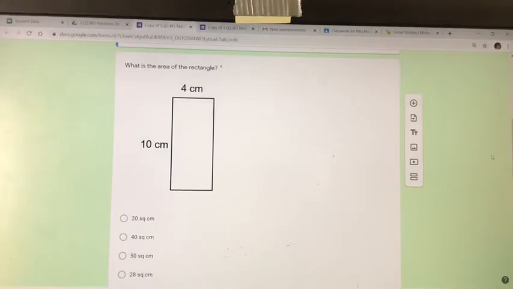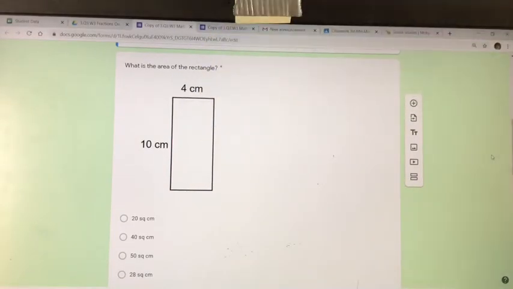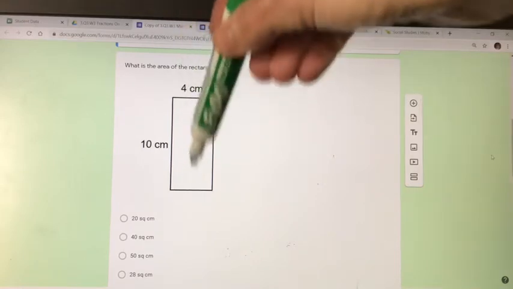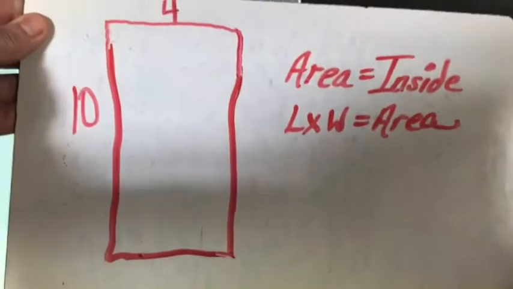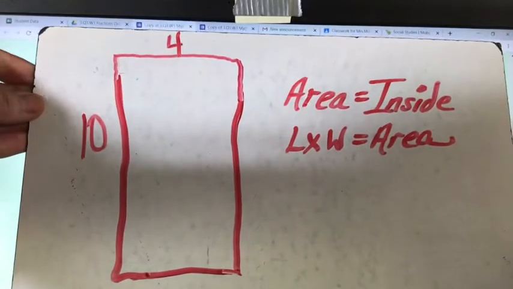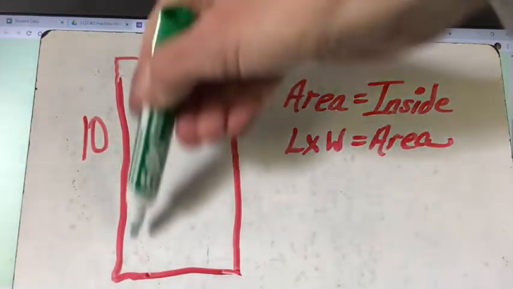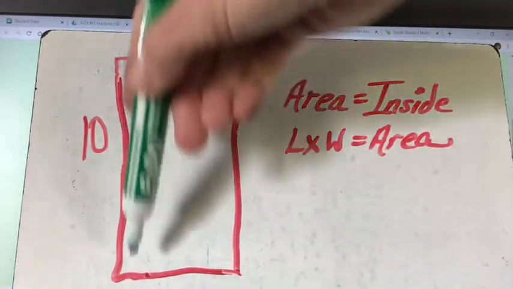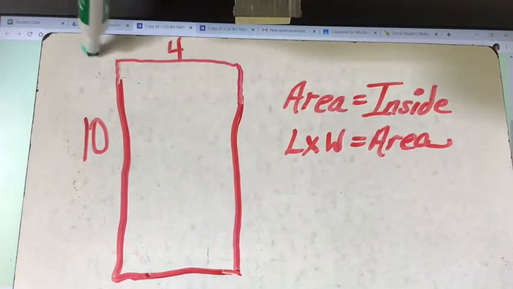The next problem says, what's the area of the rectangle? Our keyword here is area. I know area is the inside. All right, I can think of a rectangular array that I could make and solve for the area inside. So if I take the same drawing they have, I have a 4 going across the top and 10 for the length here, so width and length. I can either use my formula, length times width,